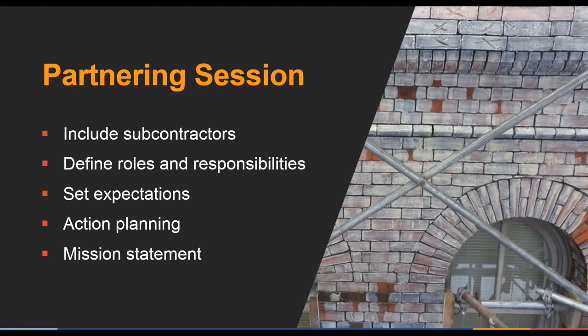So knowing this interaction was required, the first thing I wanted to do was include the subcontractors because we really did work hand in hand with them throughout the project. So we had the owner of the subcontractor there as well as their superintendent. And the first thing we did was define roles and responsibilities, to outline who's responsible for what and what they will be doing. We use that to set expectations